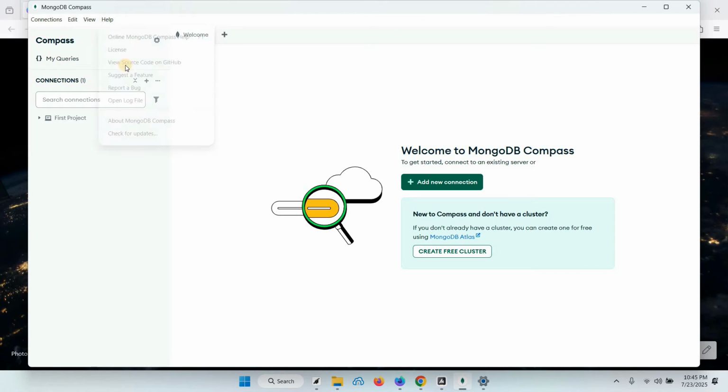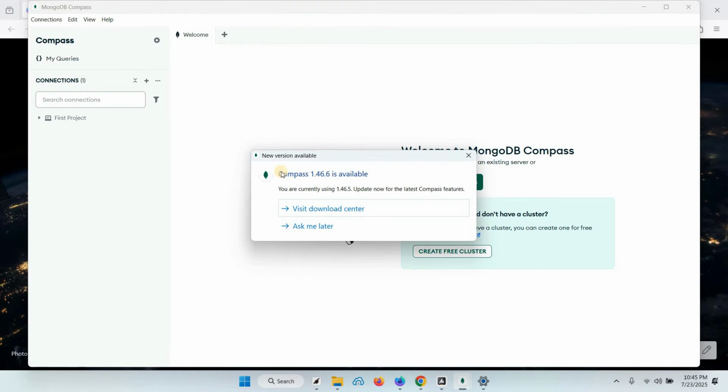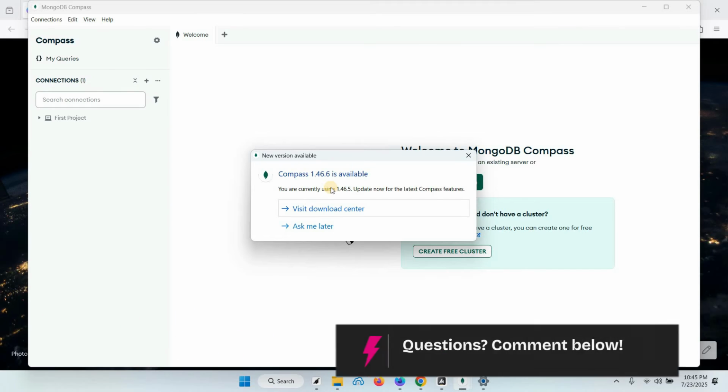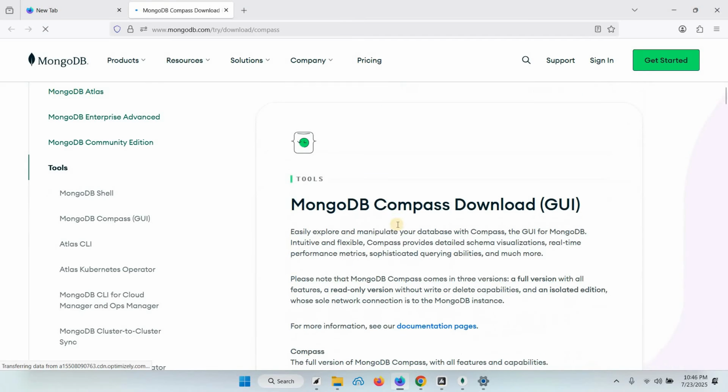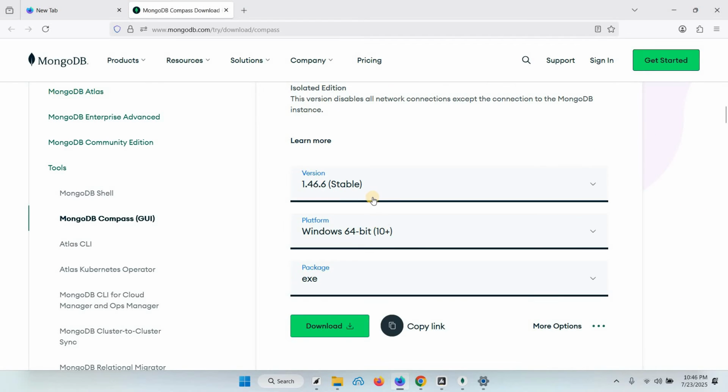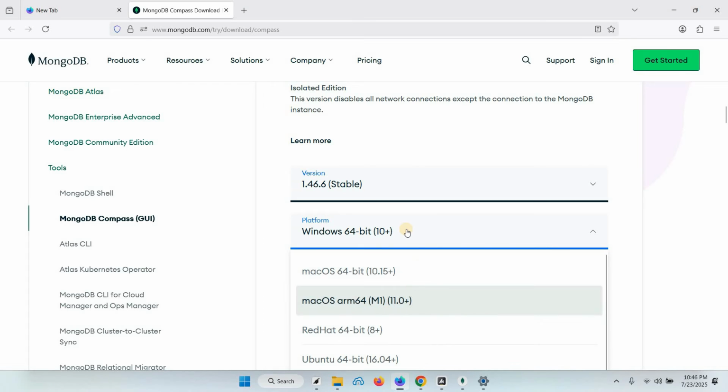Then we'll click Help Back and click Check for updates. And there is an update available. You will visit Download Center and download the latest version. And we will use MSI